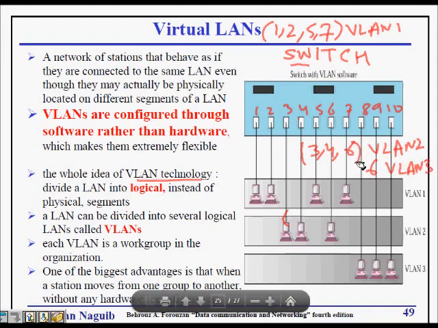I will just say in the table that VLAN 3 adds computer 6, so that port number 6 now goes to VLAN 3. That is the advantage. You don't need to physically disconnect the computer from a switch and move it to another switch. That is very advantageous.